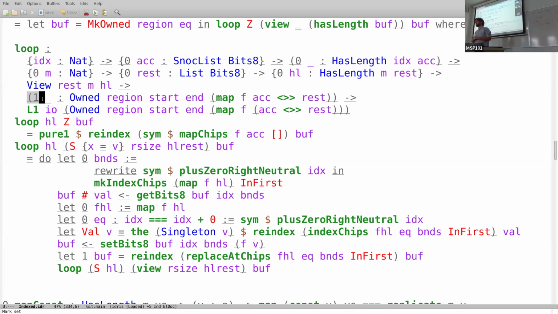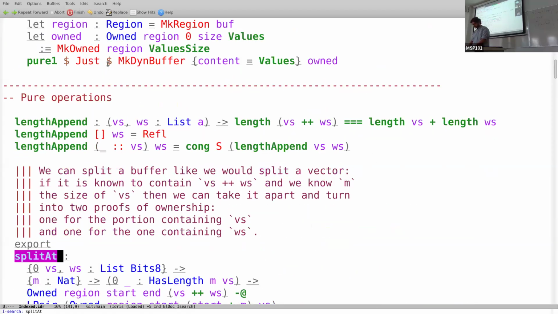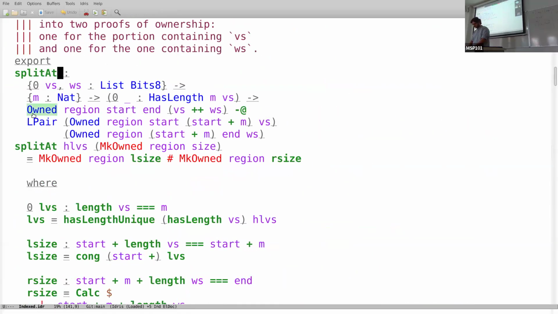But we don't have uniqueness. The split you showed before, the separating conjunction, the L pair. So here we take one proof and we return two proofs, talking about separate slices of the buffer. And if we look at L pair,